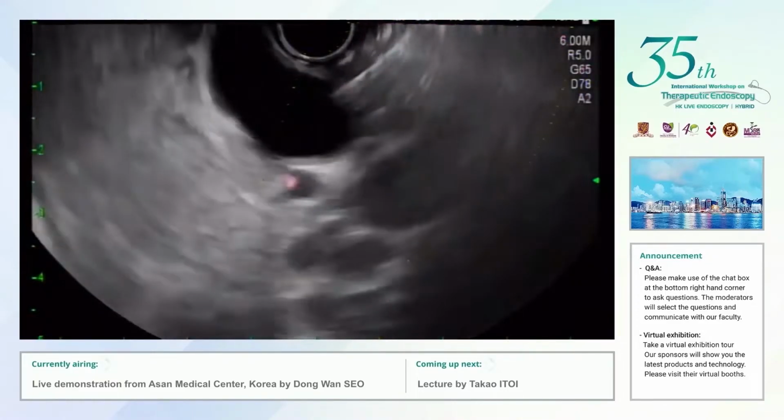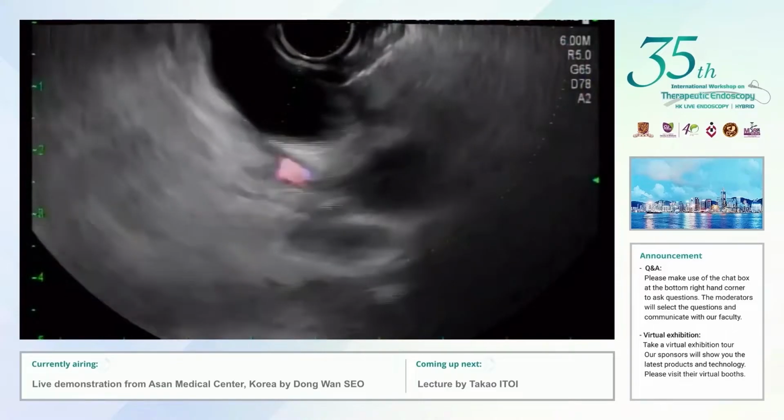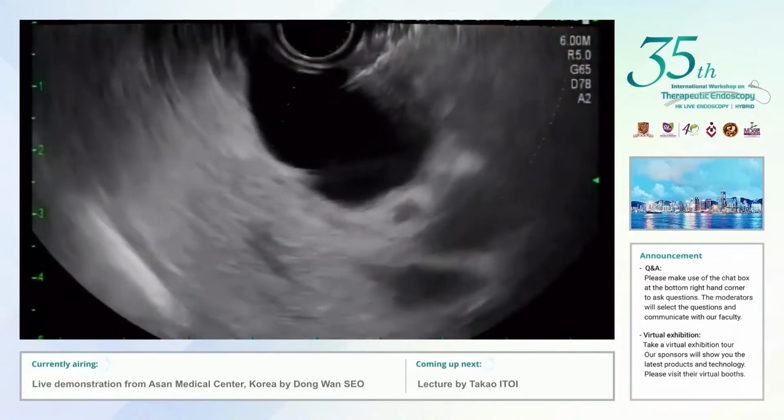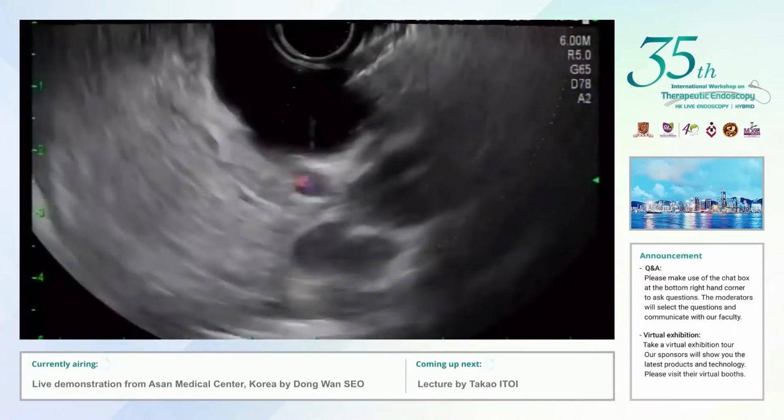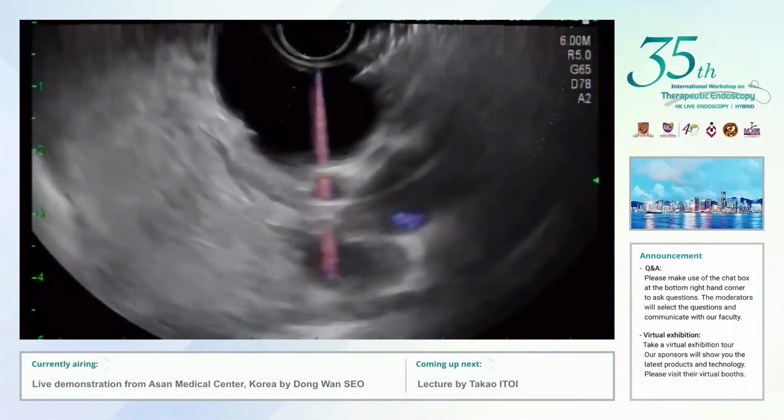No, this is not punctured. The cyst wall is not punctured yet. There is indentation there. So try to get a good